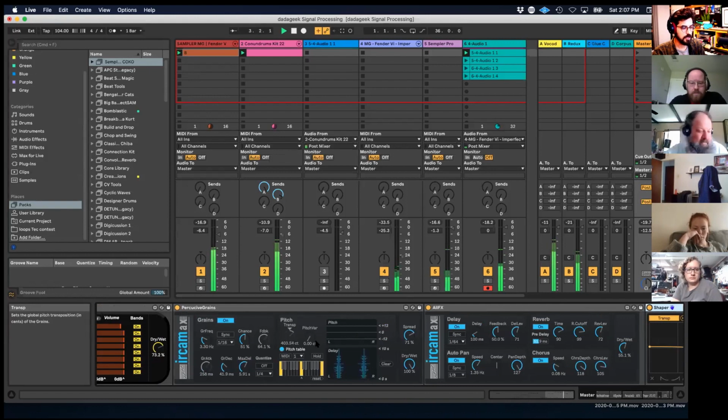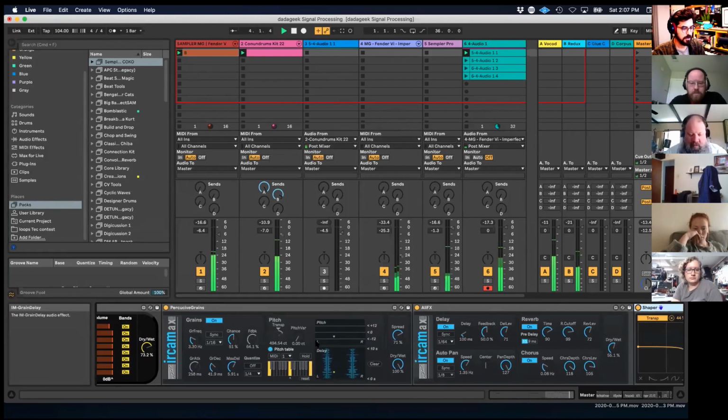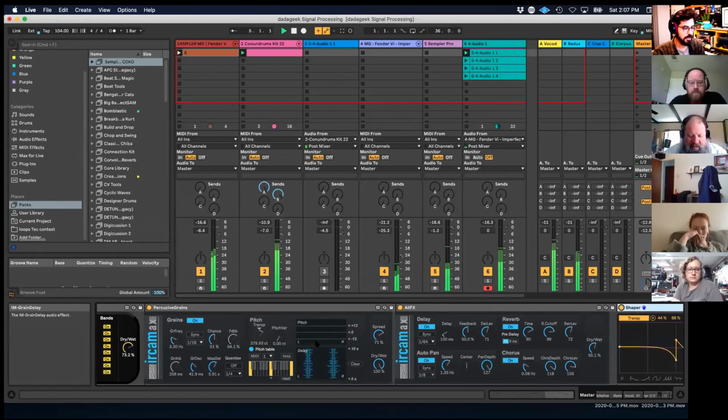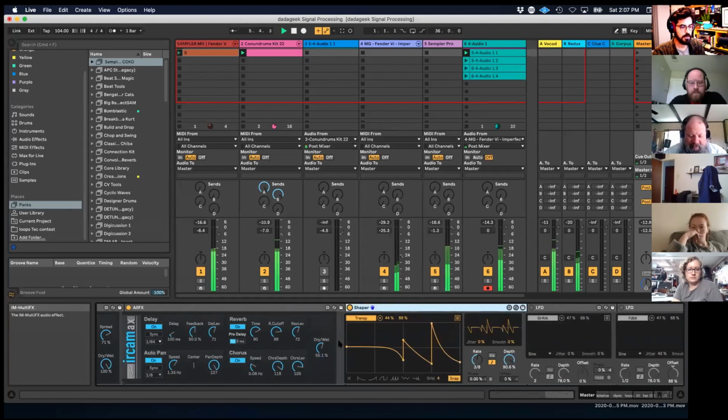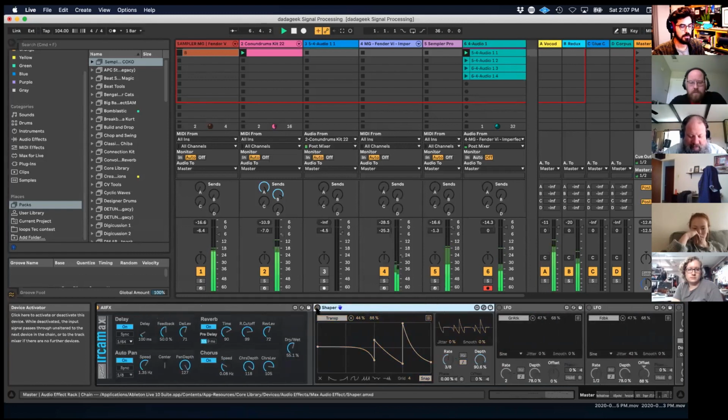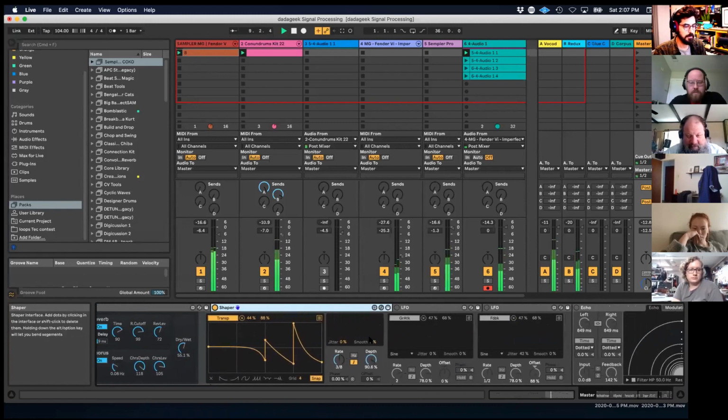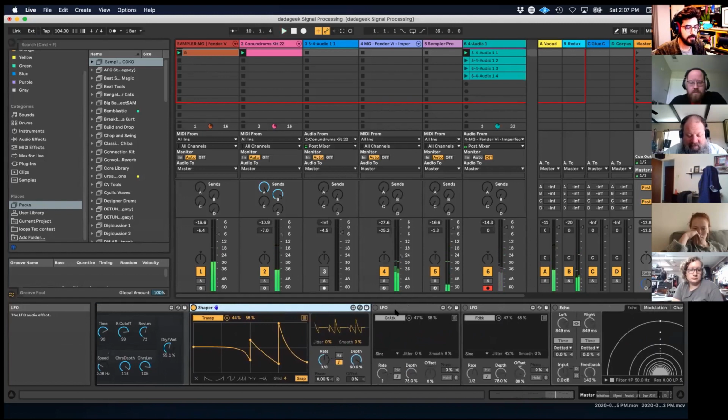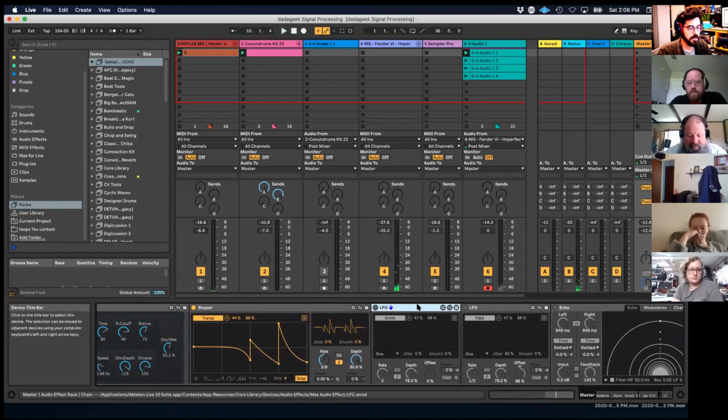Now we're getting some transposition changes, and it's in the hundreds of cents. So let's turn that off. You can kind of tell the pitch of the grains is sort of static as opposed to this. And then this other device is called LFO, and it's part of Max for Live's basic pack